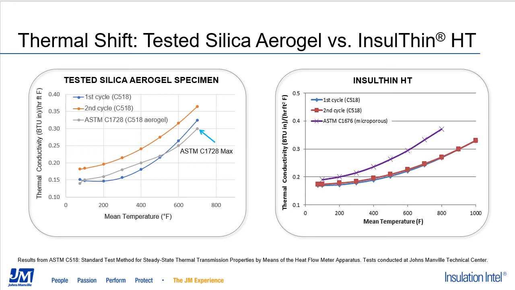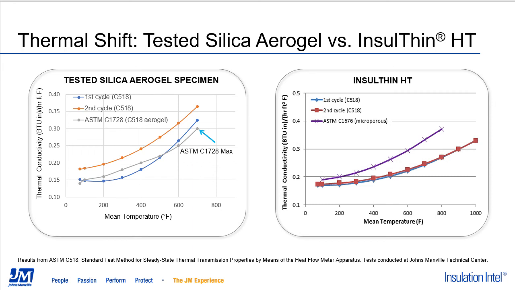The blue line is the thermal conductivity values measured for the first cycle, thermal cycle of the product, showing that even there the material doesn't always meet the maximum rated values per the standard. And then the second line, orange or red in color, is the second cycle thermal conductivity value, showing how the thermal conductivity increased quite significantly